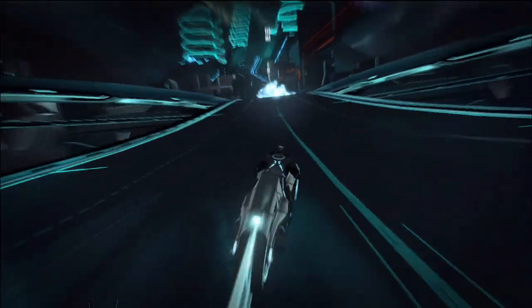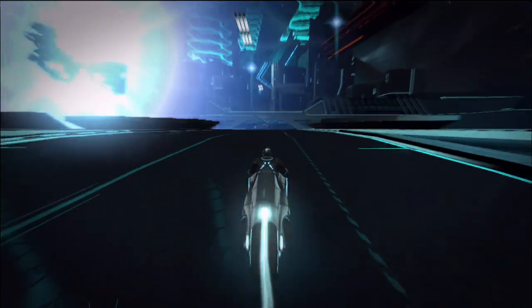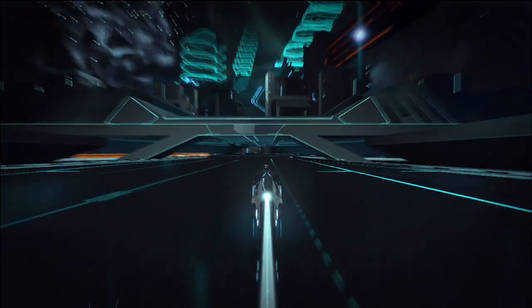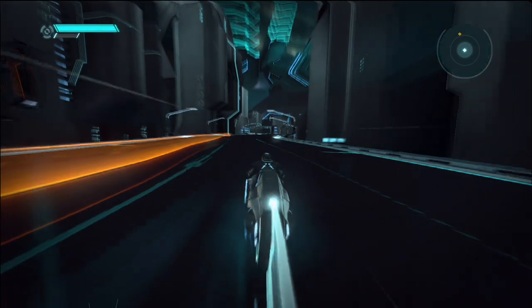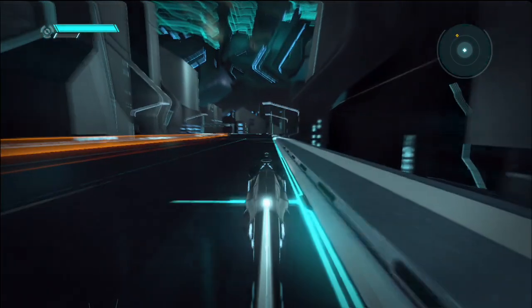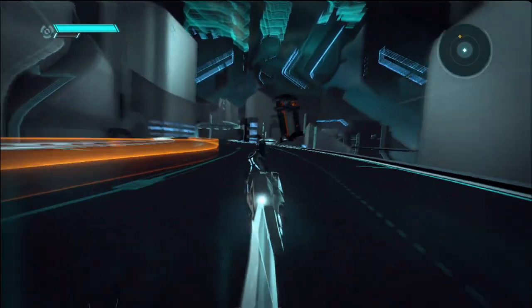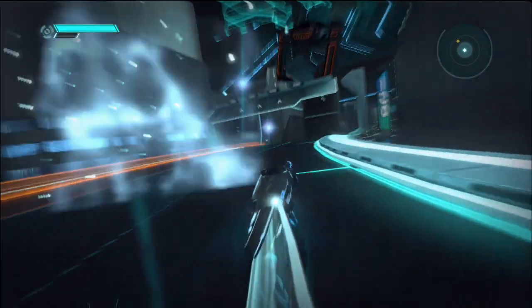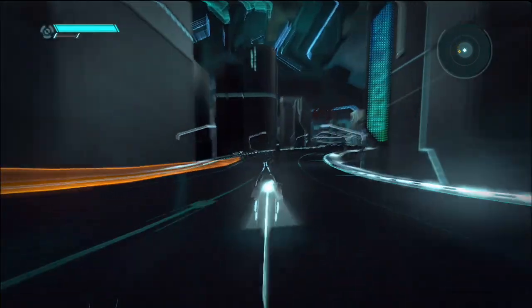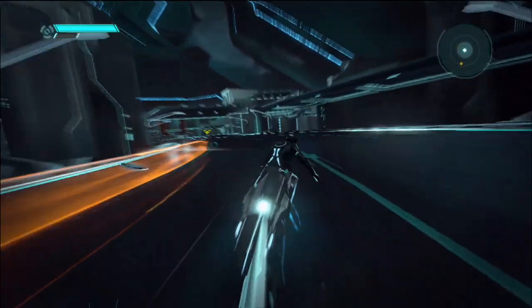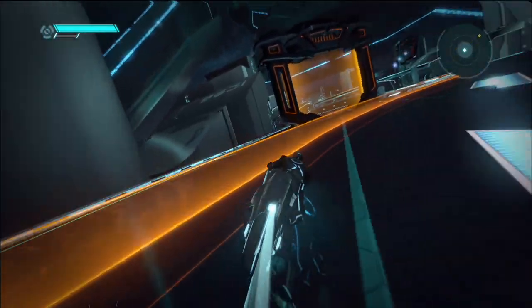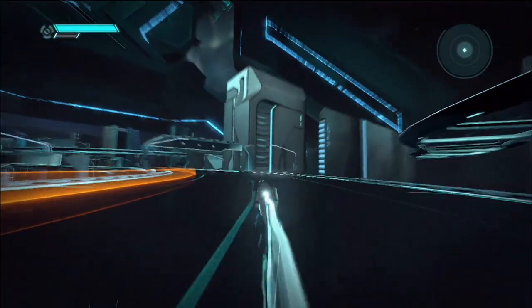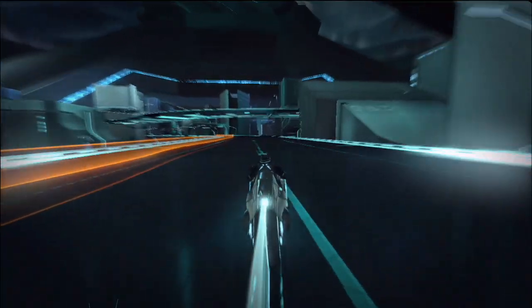So this level is a straight shoot through the city. You're trying to rescue a program named Gibson, who plays a really major role in the story narrative. I can't obviously reveal too much about the story because of the film ties, but here the main protagonist of the piece has realized that you're trying to foil his plans, and is basically throwing everything at you, which includes the sentry light cycles that you see,